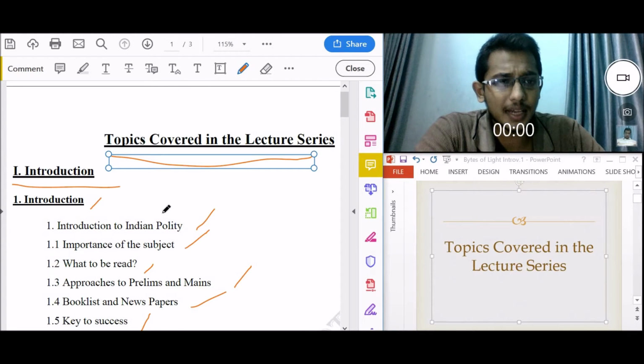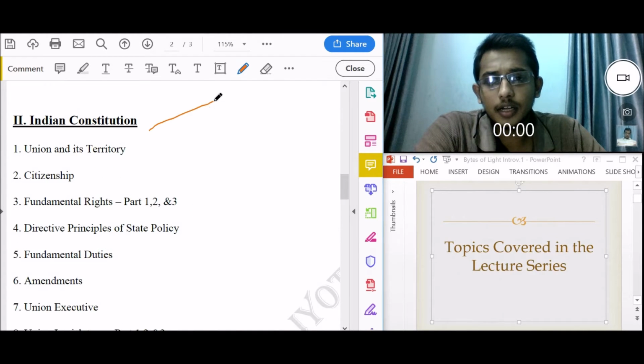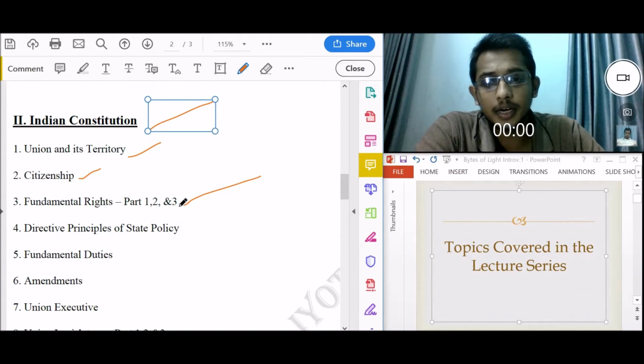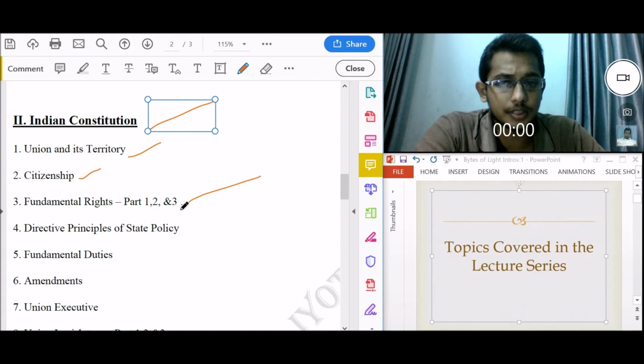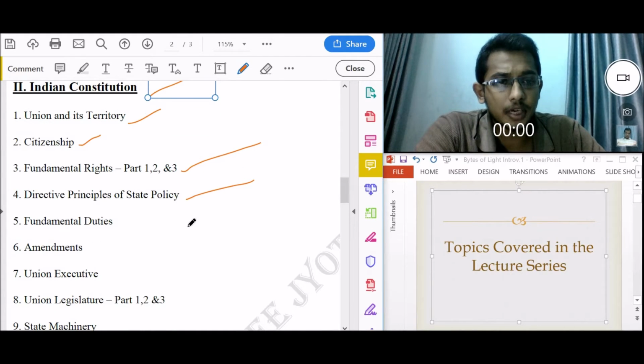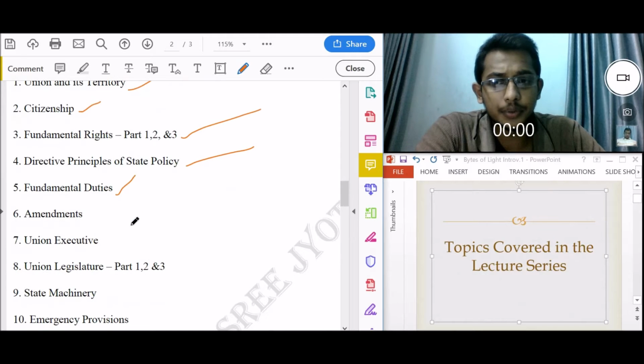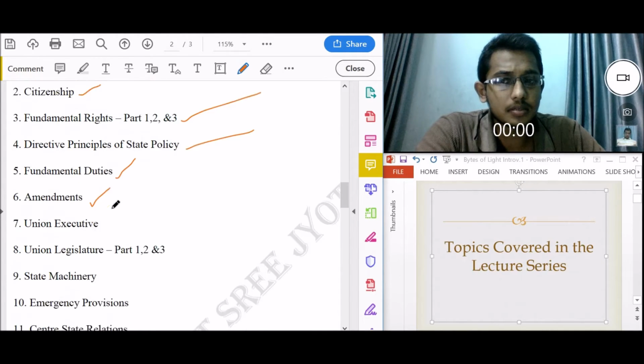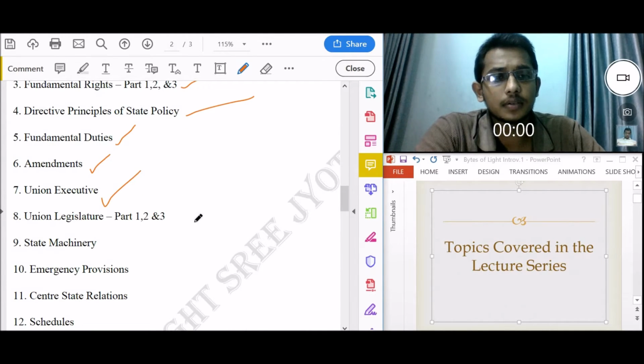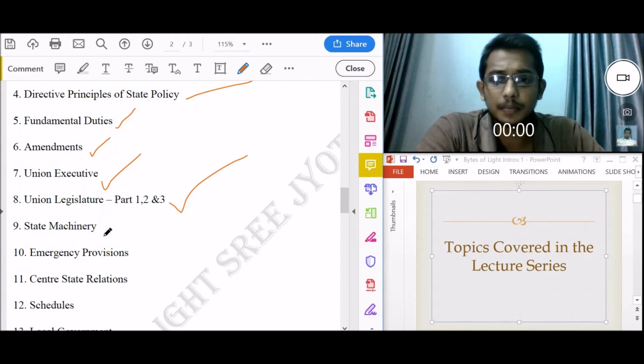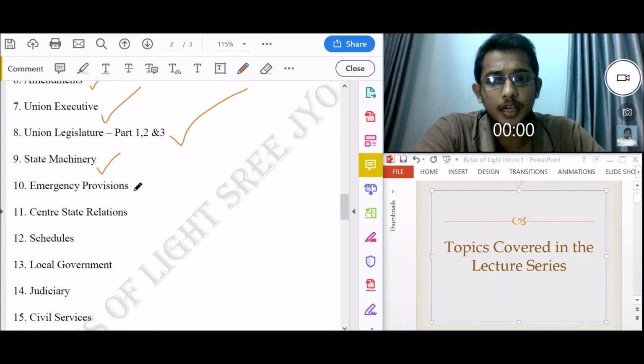Then we'll go to the second part, that is the Indian Constitution, and we'll do Union and its territory, citizenship, fundamental rights, which will be divided into parts 1, 2, and 3. Directive principles of state policy, fundamental duties, amendments, union executive, and then union legislature divided into three parts, state machinery,